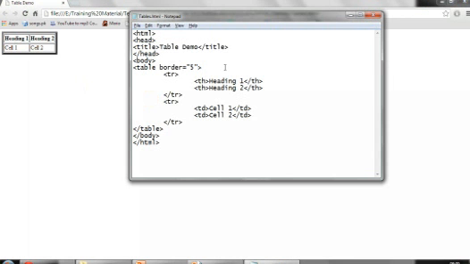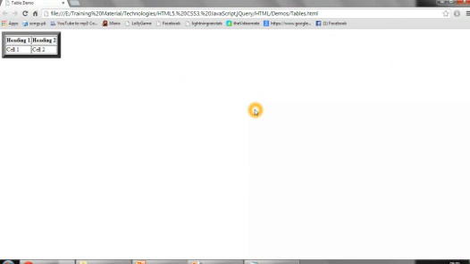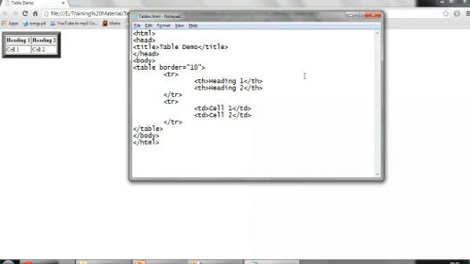The thickness increases with the number. It depends on you how much thickness you want for the table border, not for the cell borders.